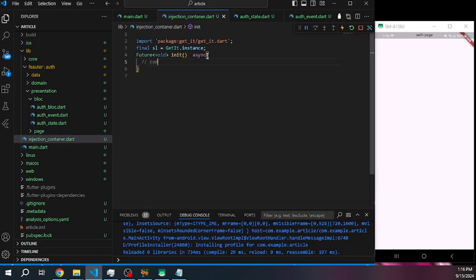This one is for core. Anything we need to initialize: use case,